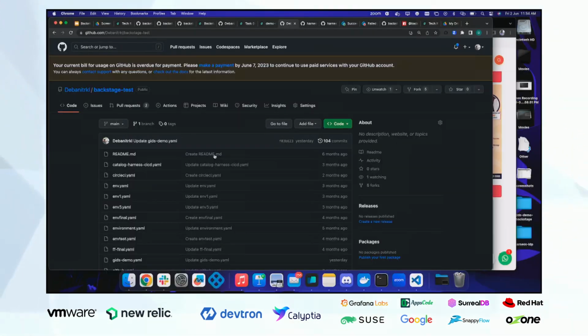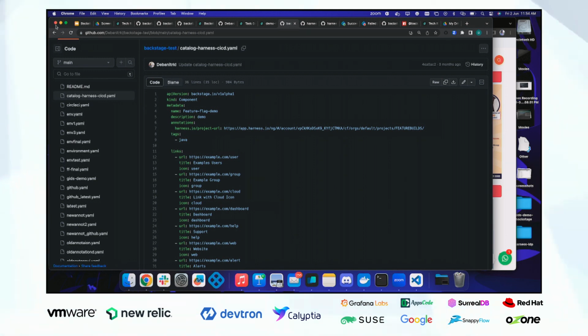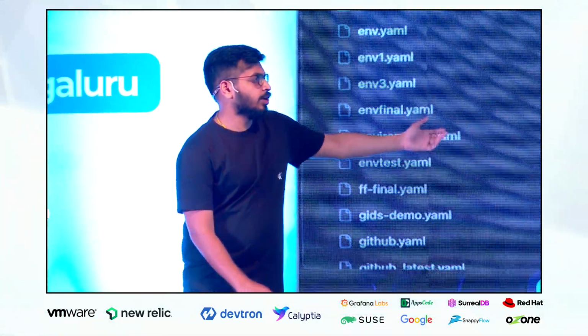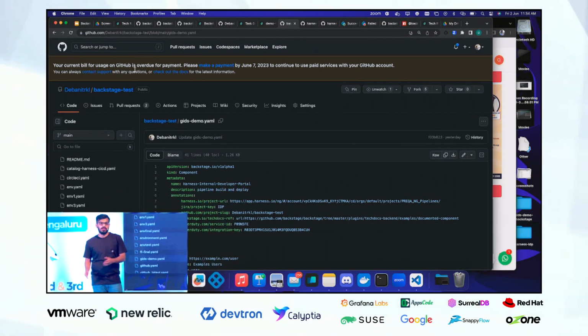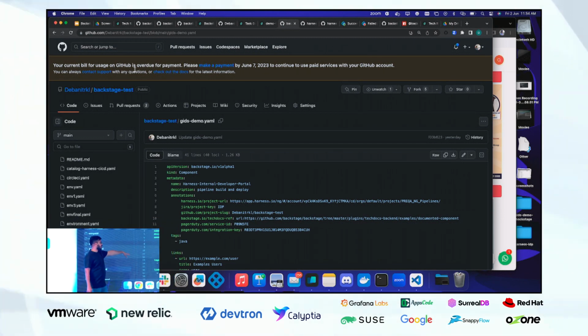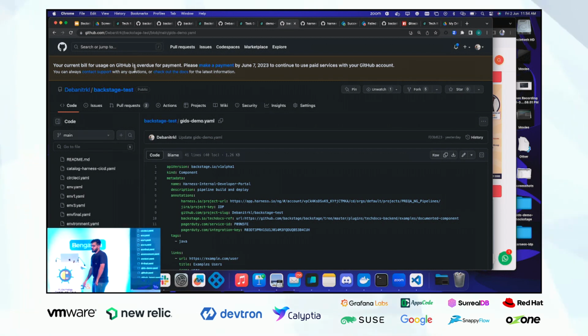Okay. So first question, you see these YAMLs? These are catalog YAMLs. For all the information that was displayed, let me show you the demo catalog that I used today. You could see this is what it took for the software catalog to load, and this is the metadata, the YAML I was talking about. For Jira, we need the project key and a project slug, the tech docs reference that I was loading, and the service ID and integration key for PagerDuty to load. But with the integration key, you cannot access my